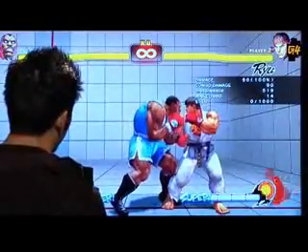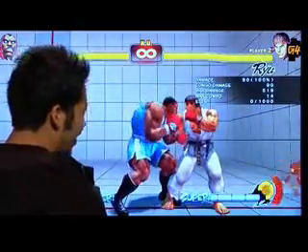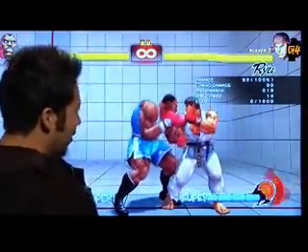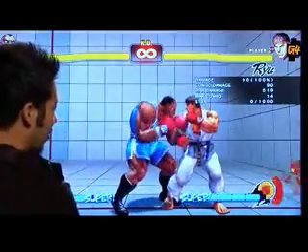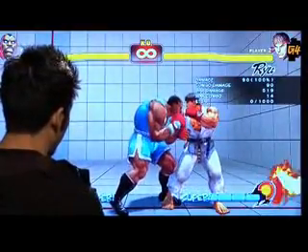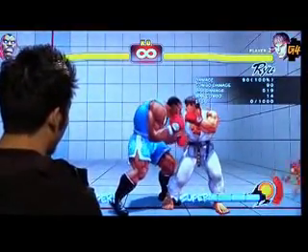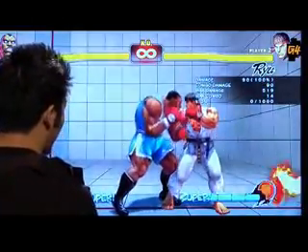Balrog's wake up options are really weak because all he has are wake up low jab, which is not very scary, wake up headbutt, which is really risky, and wake up EX upper, which can get thrown very easily. So lots of times characters like Ryu or Ken will try to cross up Balrog, and on the surface it doesn't seem like he has a good option. But after you get thrown,